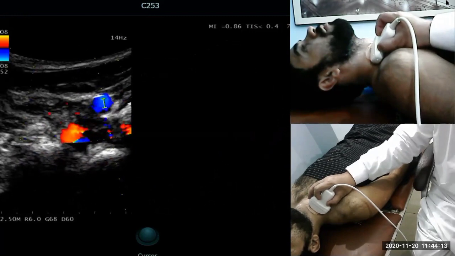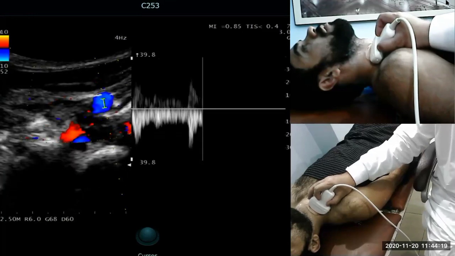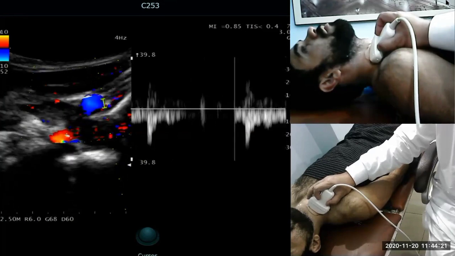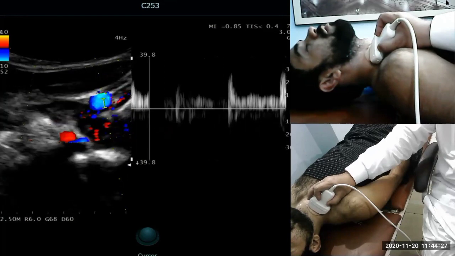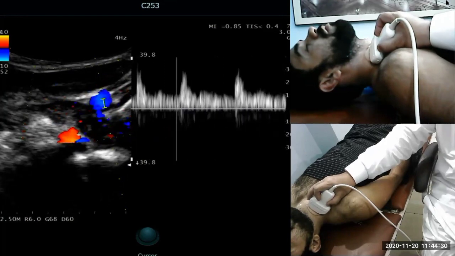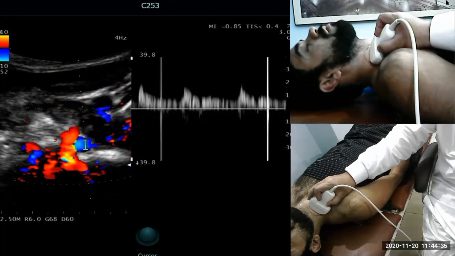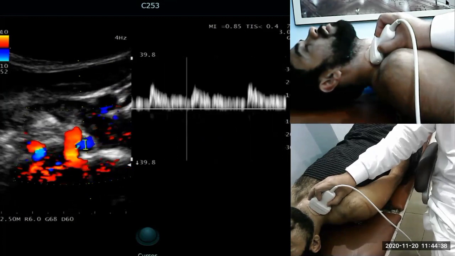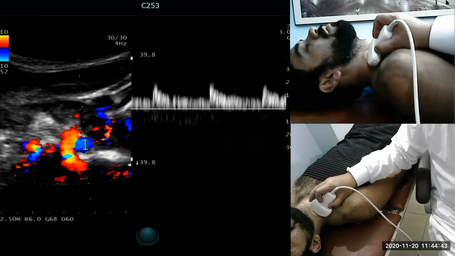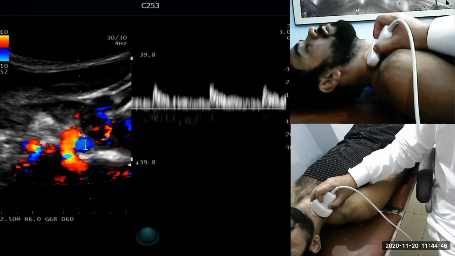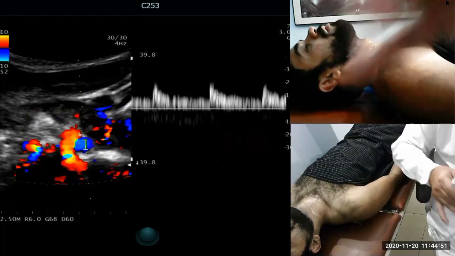The common carotid, the vertebral. So, in elderly or thick necked individuals, we will use convex. Going back